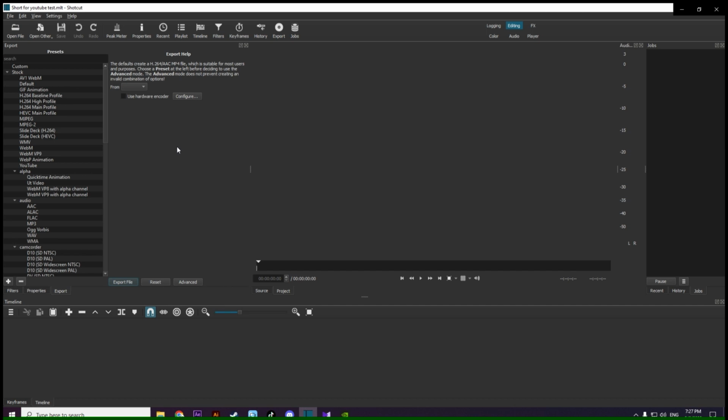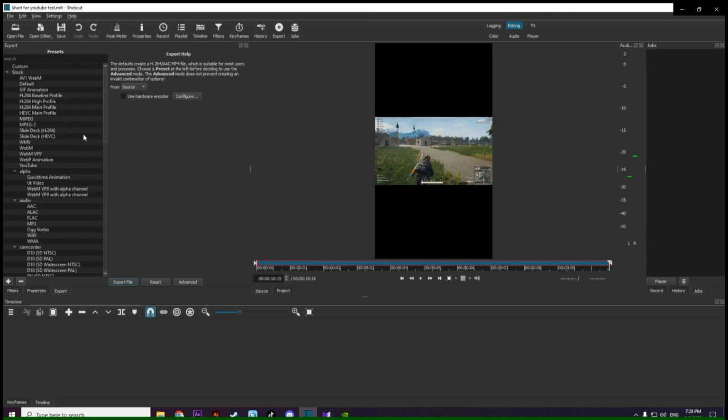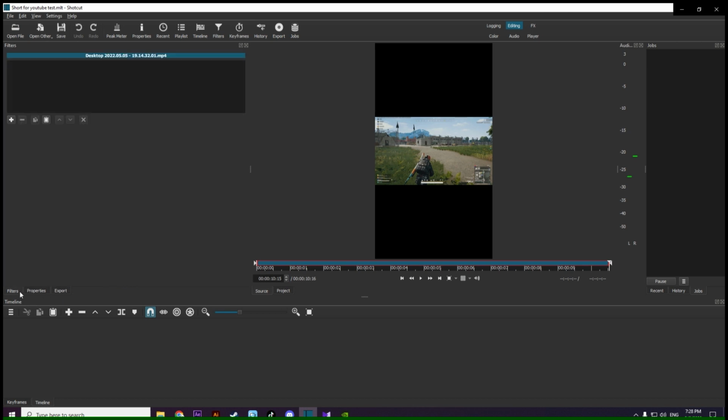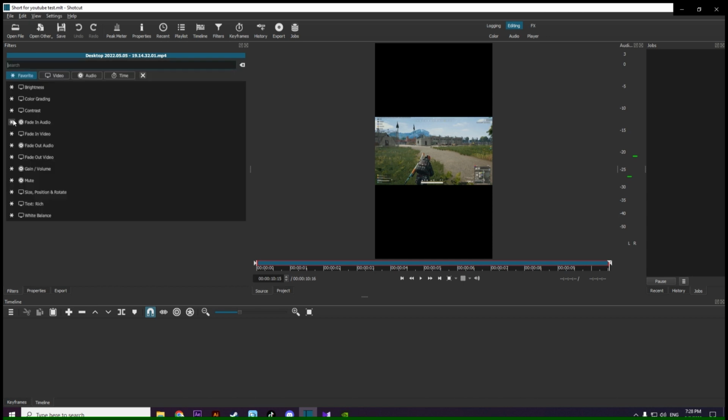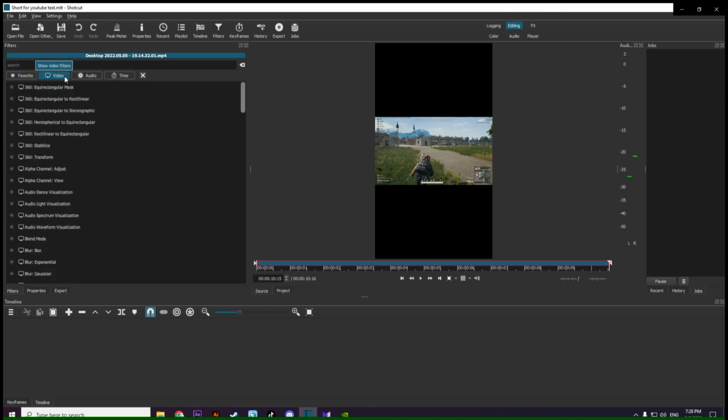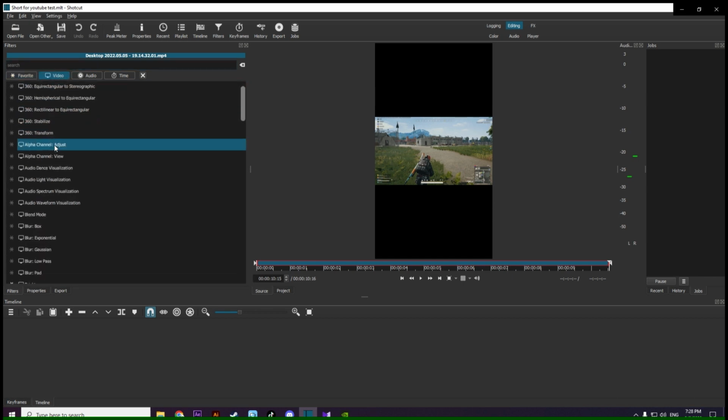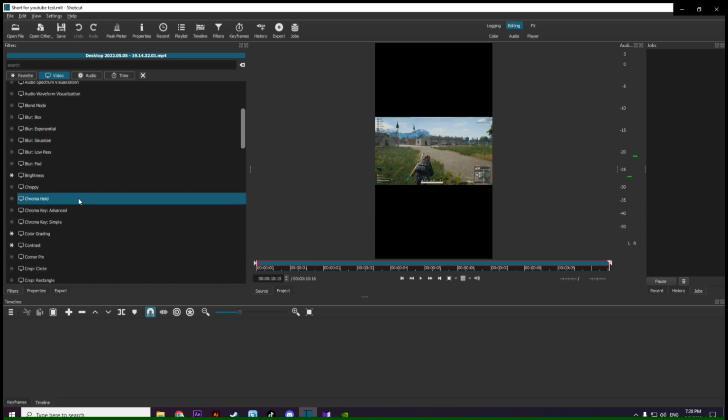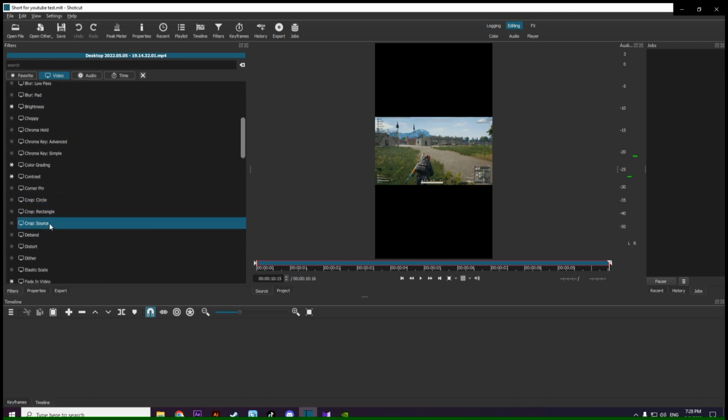You now have to open the video that you want to edit and create a short video from. So you go to open file. In my case, this would be the video. Now you simply have to go to the filters. Then you press this plus icon button, which is add a filter, because we're gonna add a filter to the video. Then we go to the video menu in here, show video filters, and then we scroll down to find crop source. You click on that,